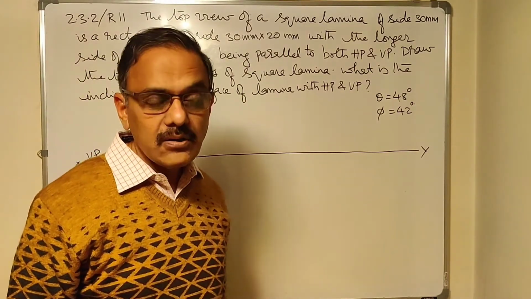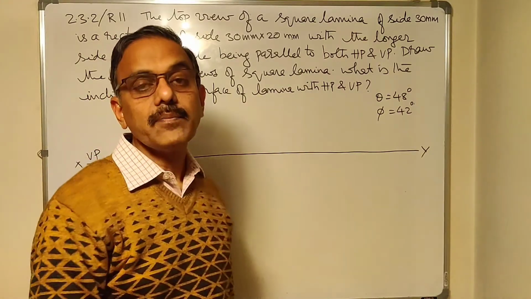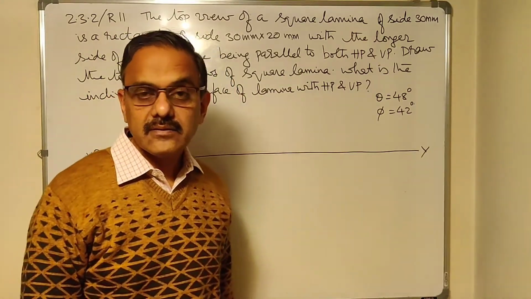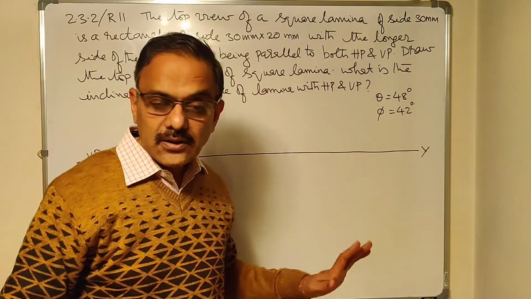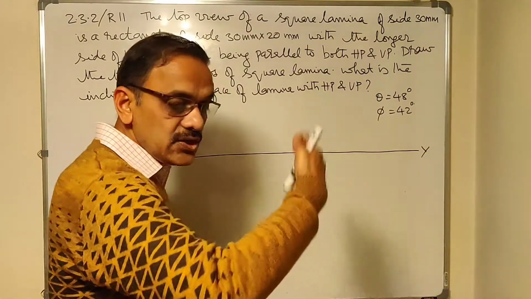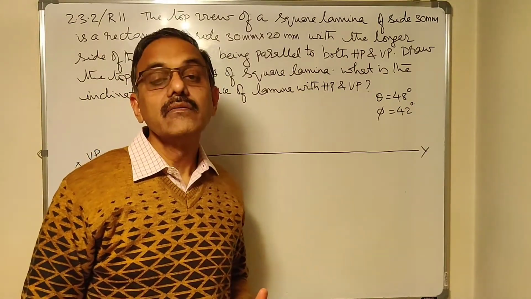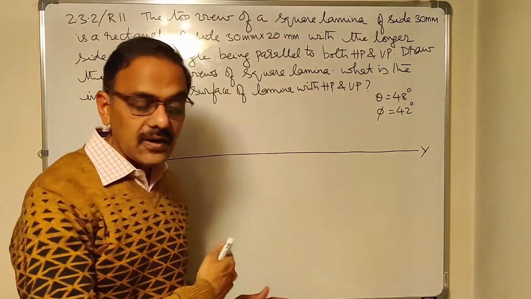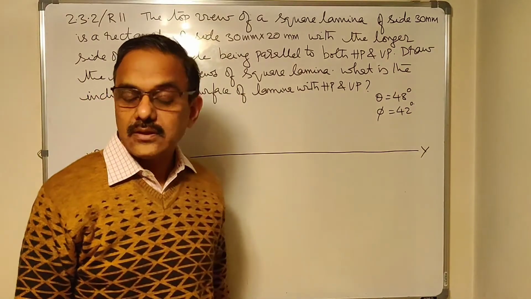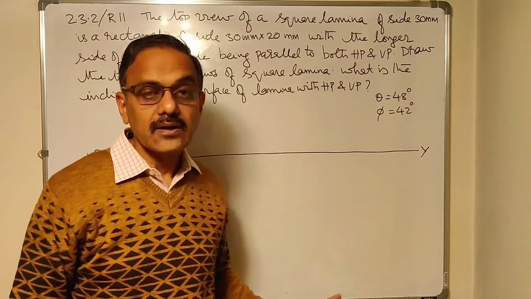When it is SP1, you will start by top view and you will make sure that the right side edge is drawn perpendicular to XY. Any problem on SP1, you will start by drawing the top view first. Make sure the right side edge is taken perpendicular to XY. If you go wrong in simple position, subsequently both the steps will go wrong. The subsequent 2 steps will go wrong. You won't get any marks.